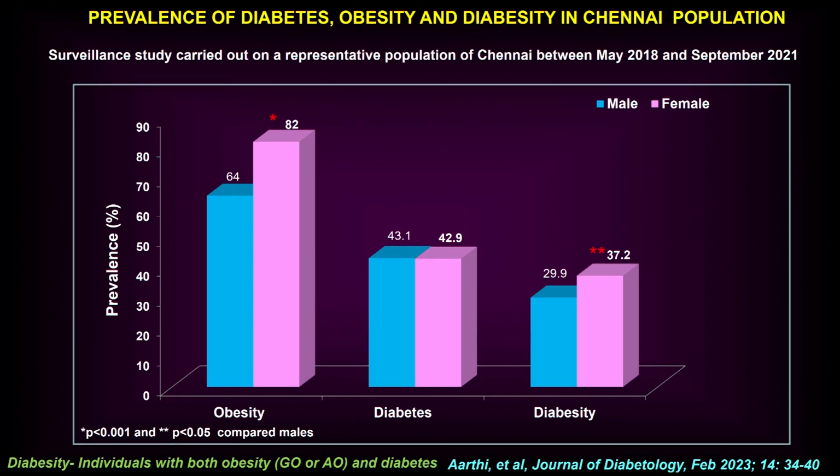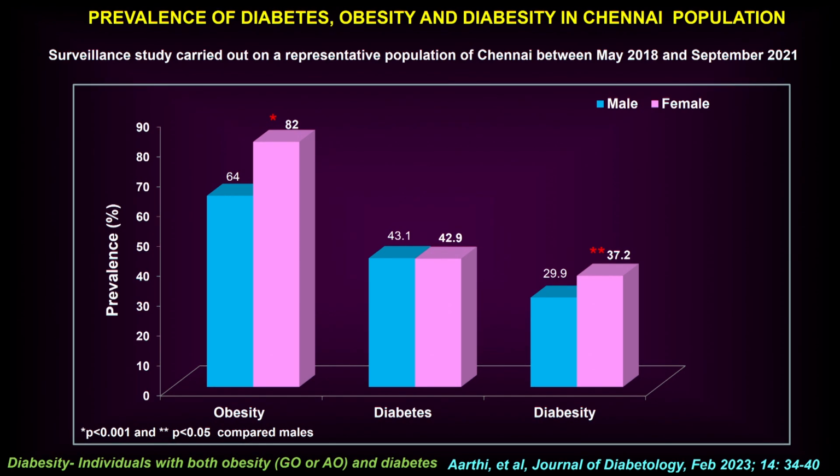Given here is Chennai city alone. Look at the prevalence of obesity. Blue is males and the pink are females. The prevalence of obesity in urban Chennai, this is 2021 data, is 82%. And here she has a combination of both abdominal obesity and BMI related. It's really, really high in urban Chennai.